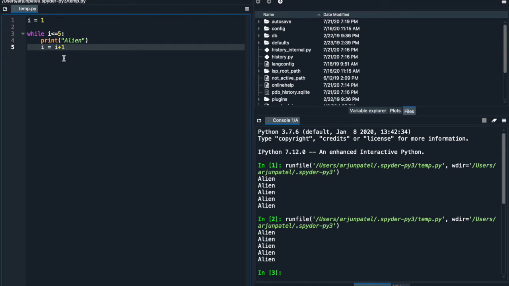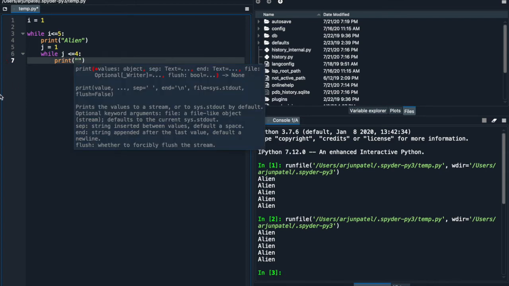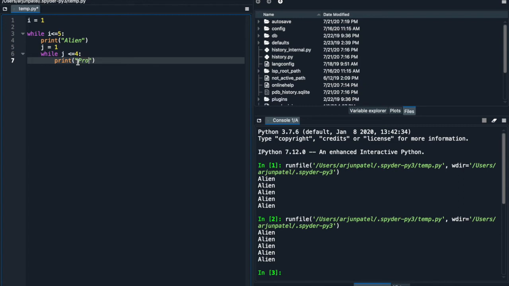It's very simple. To learn about nested looping, like if you want to print alien programmer, I will show you how. Just take another count variable here and start the loop with j less than or equal to 4, because your first loop is going to 5 and then 4. Simply print programmer. Okay, and don't forget to increment the value of j,